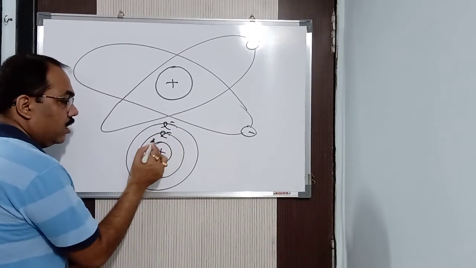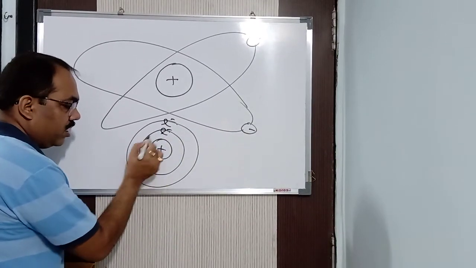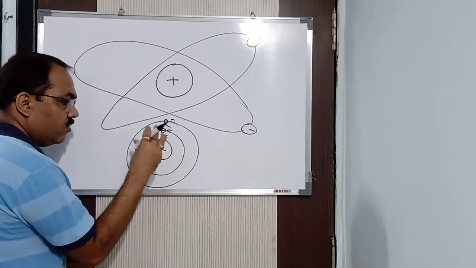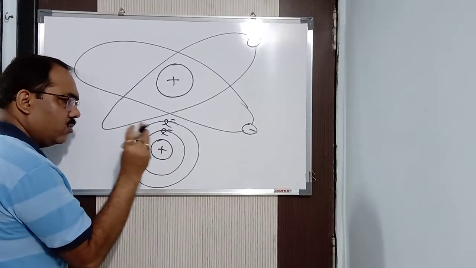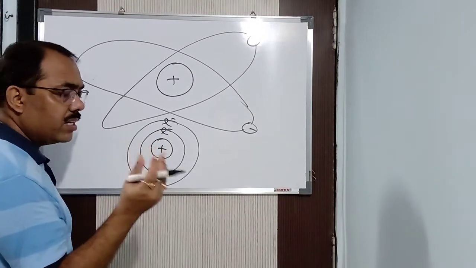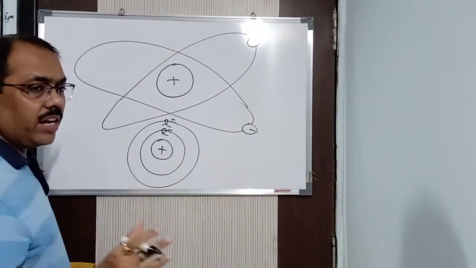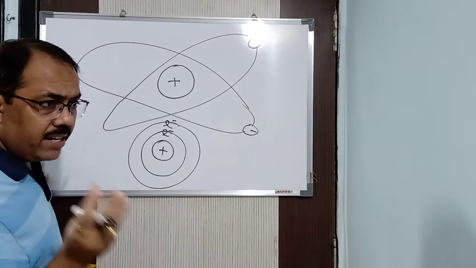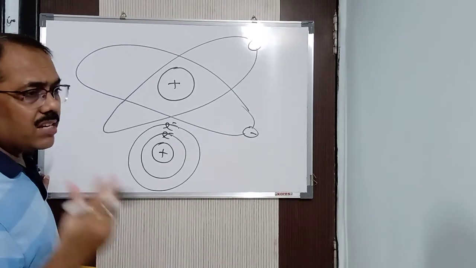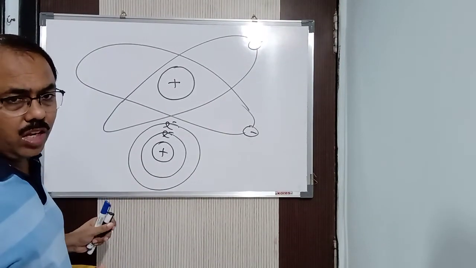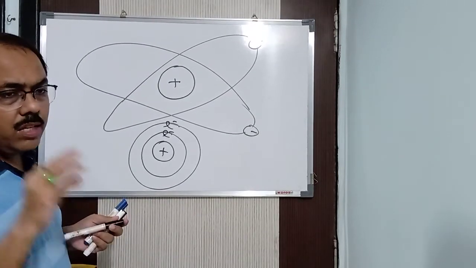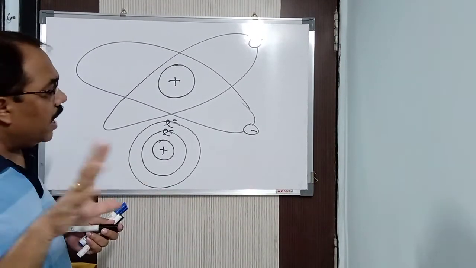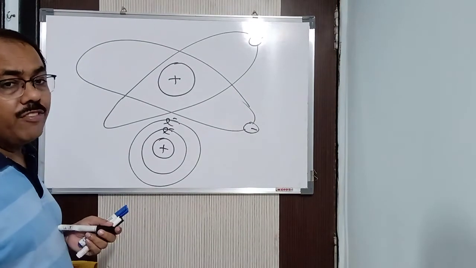Understood what I said? According to Rutherford, we have the nucleus which is positively charged, the densest part, and very small in size. Already I said, the size of the nucleus is 10 to the power minus 13 centimeter compared to that of an atom which is 10 to the power minus 8 centimeter. When the size of the nucleus was asked, Rutherford gave a very interesting answer. He said that the nucleus is nothing but a cricket ball and the atom is like a cricket field which is a 5-kilometer radius.